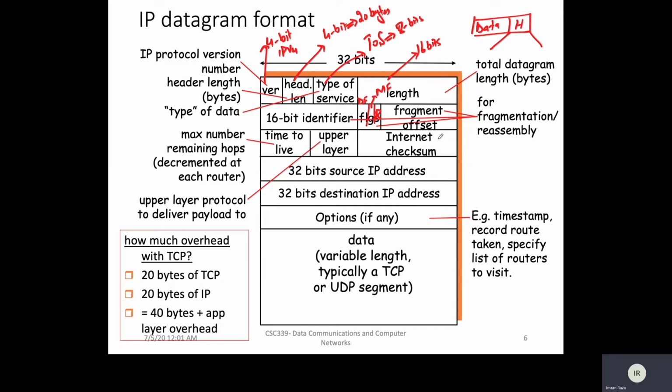And then we have the fragment offset field. These 3 fields are used for fragmentation and reassembly, and I'll discuss these 3 fields in detail in a minute, right? So I'll leave it with a question mark. I'll try to cover it in the next couple of slides. And then we have this